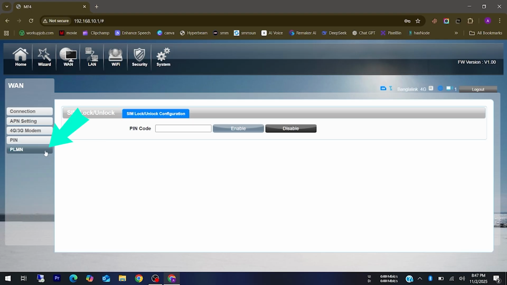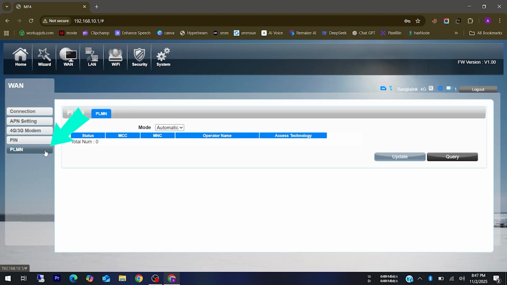The next option is PLMN, Public Land Mobile Network. This setting allows you to manually select your mobile network operator instead of letting the router automatically choose one. If you keep it on automatic, the router will automatically connect to the strongest available network based on your SIM card. If you select manual, you can see a list of available networks and choose your preferred one, for example, Grameenphone, Robi, Airtel, or Teletalk in Bangladesh. Recommendation: keep it on automatic mode unless you are facing connectivity issues or want to force the router to stay